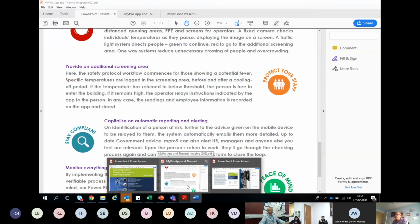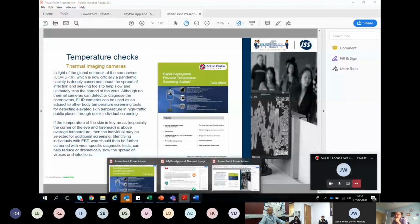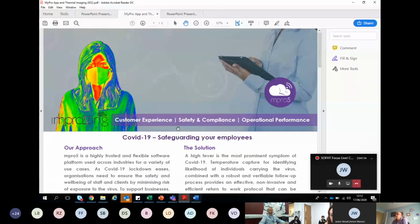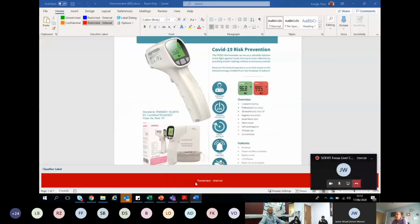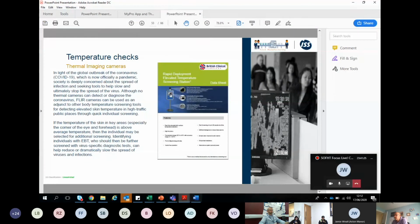There are then some other options. That's probably not a very good picture, actually. This is probably a better picture. There are some freestanding units that have been used within the airports. So it's a freestanding unit here that uses an infrared camera, and again, this can be put either side